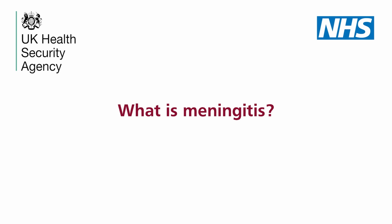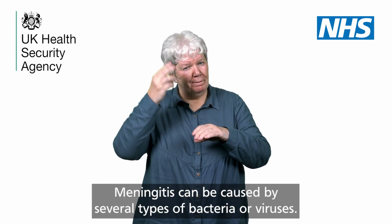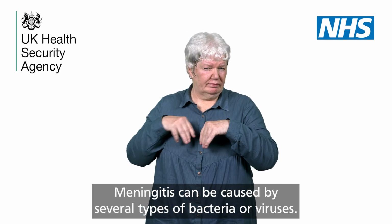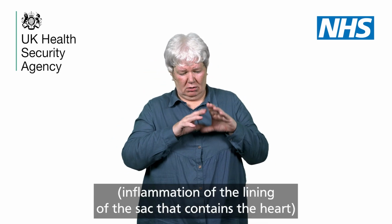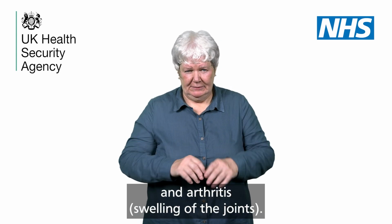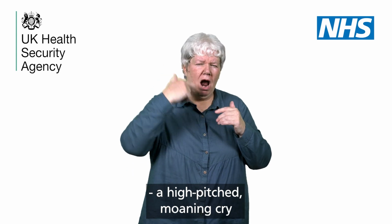What is meningitis? Meningitis is an infection of the lining of the brain. Meningitis can be caused by several types of bacteria or viruses. Infection with meningococcal bacteria can cause meningitis, septicemia, blood poisoning, pericarditis, inflammation of the lining of the sac that contains the heart, and arthritis, swelling of the joints. In babies, the main symptoms of meningitis may include a high-pitched, moaning cry,